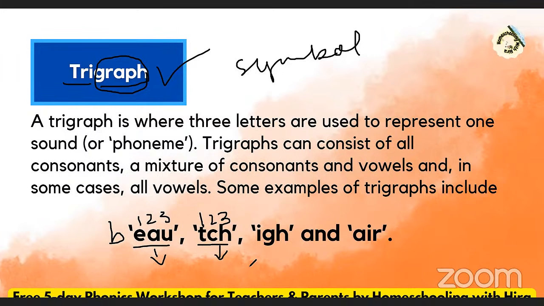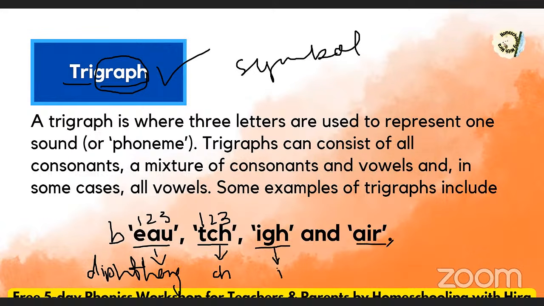It depends. A trigraph can say a diphthong sound. Let me write here. It's EU, a gliding sound. A trigraph can say a single sound, for example, the sound of ch. Three letters, but saying a single sound. IGH, three letters, but they are saying a single sound, that is I. And air, this is again a diphthong. Air is also a gliding sound, three letters together. It means it's a trigraph, but the sound that these three letters are producing is a diphthong, meaning two vowel